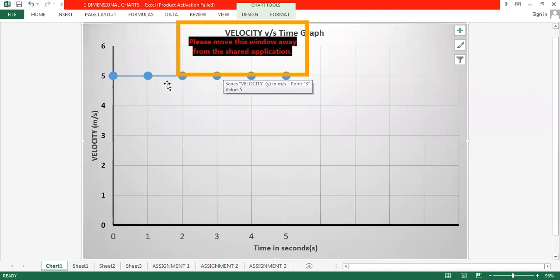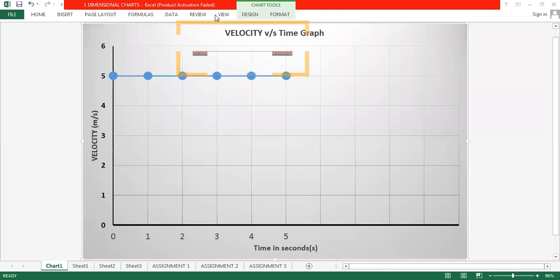So what's the velocity of this moving object? 5 meters per second. Assume the object is moving with a uniform velocity of 3 meters per second. So how will we get a line? We will get a line like this on 3. Yes or no? If it is moving with a velocity of 1 meter per second, then we'll get a straight line like this. Okay. But if the object is at rest, then you will find a straight line on the x-axis. A straight line on the x-axis will indicate that the object is at rest.